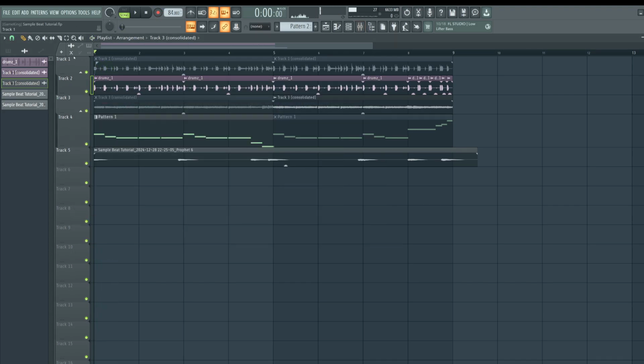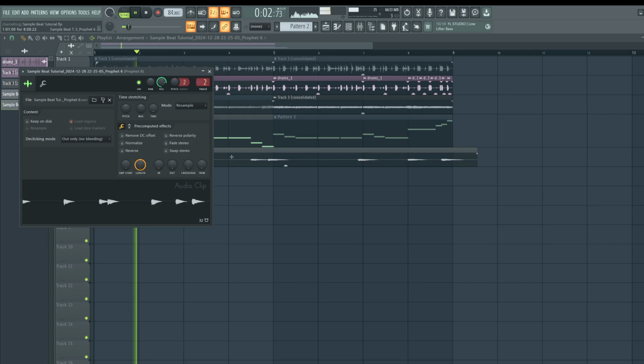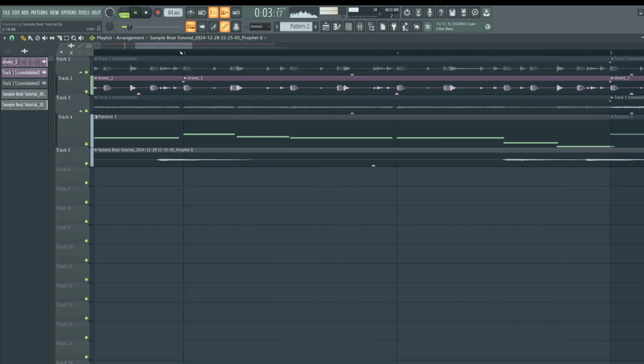So this is how we can add our own touch to the sample. But this is dependent on what you guys have, so it's not a hard rule to use these sounds. I'm just adding my own sounds I like.